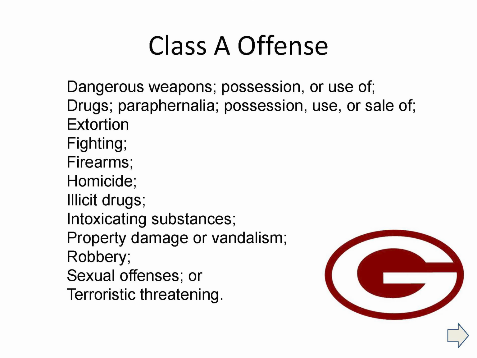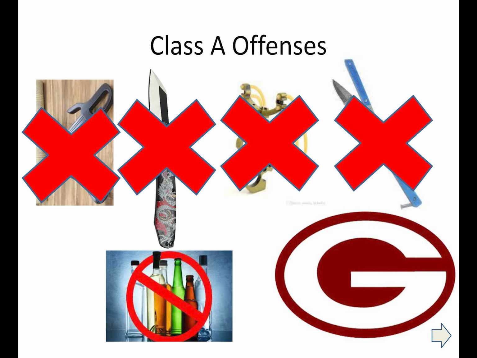As a review, Class A offenses are serious crimes that will be likely handled by the police department and will more than likely result in arrest and/or suspension from school. We strive for a safe and caring learning environment and hope that you will make the right choices by not committing Class A offenses. There are other serious Chapter 19 infractions and consequences regarding dangerous instruments or weapons.